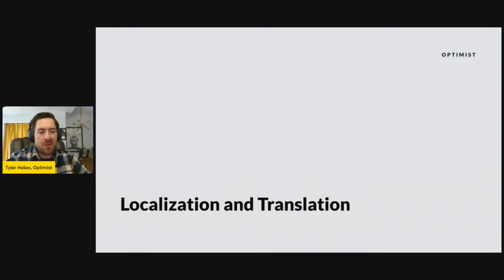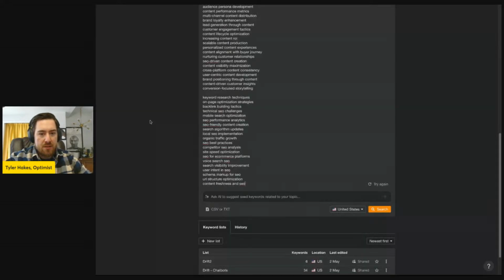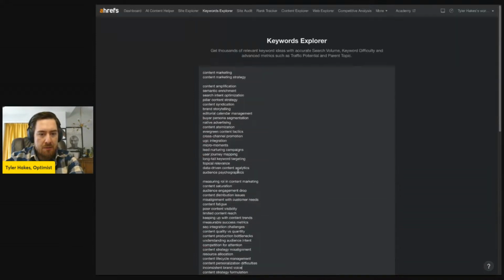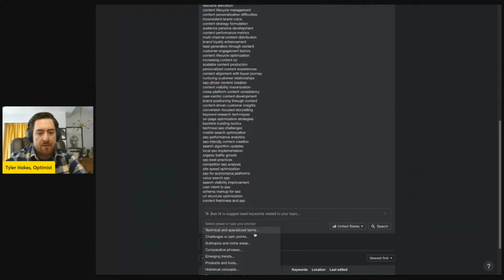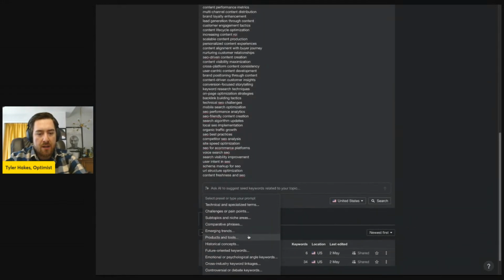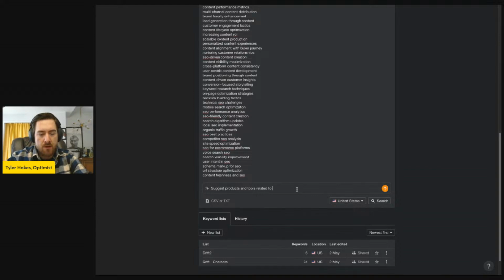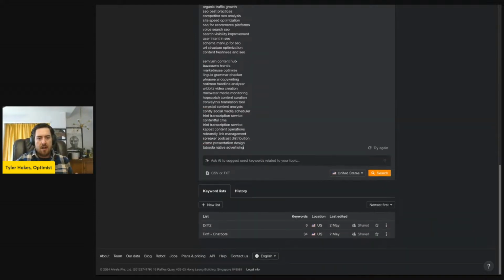So this is another really cool thing about the Ahrefs Keyword Explorer. And I'm going to flip back here to my screen and just show you how it works. This tool has multi-language capabilities built into it, right? So first of all, I can use any of these prompts. So look, I can do products and tools, suggest products and tools related to content marketing in Spanish. And what it's going to do is the same exact process, but it's going to translate and localize those keywords to,